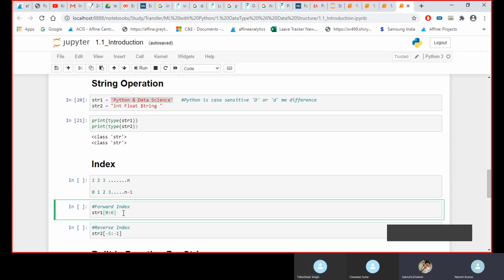So what would be my output? It will be 0, 1, 2, 3, 4, 5: Python.